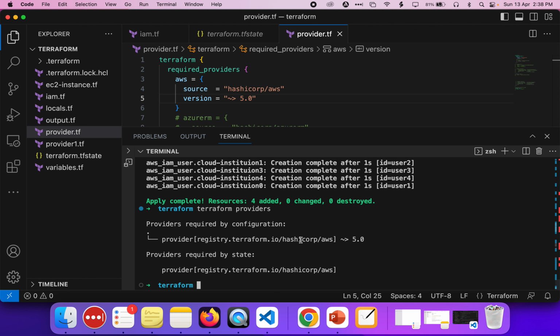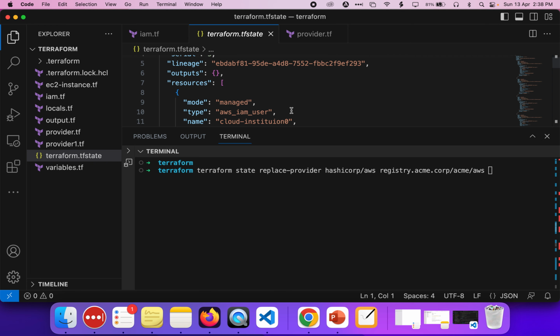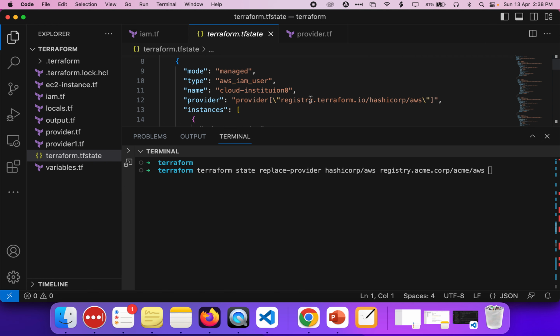Now I'm going to change the provider. You can see that all the Terraform configurations and the state are using HashiCorp AWS. I'm going to change from HashiCorp AWS to Acme, Acme Corp and Acme AWS, which is another company that provides providers. Now I'm going to change this provider to this provider. Now if I press enter,